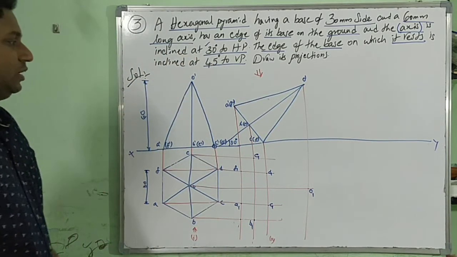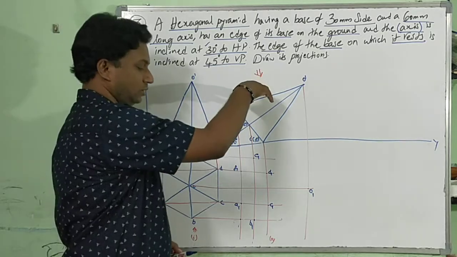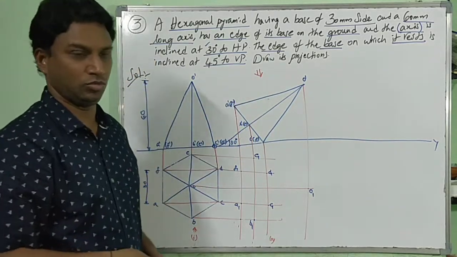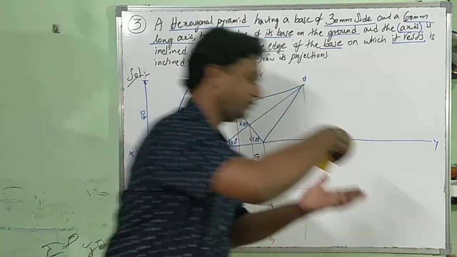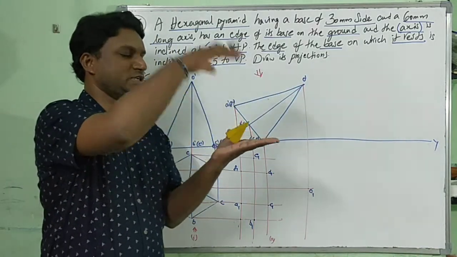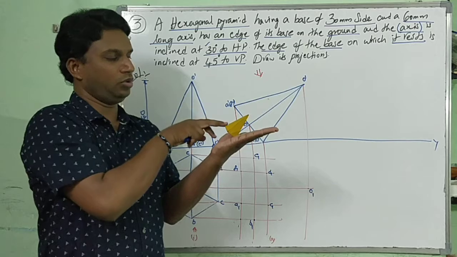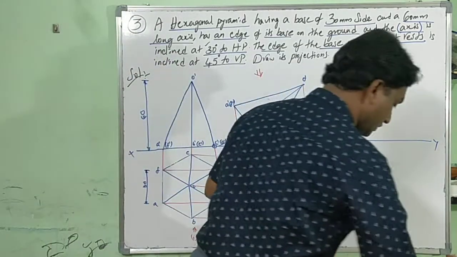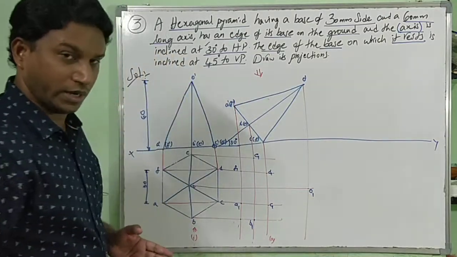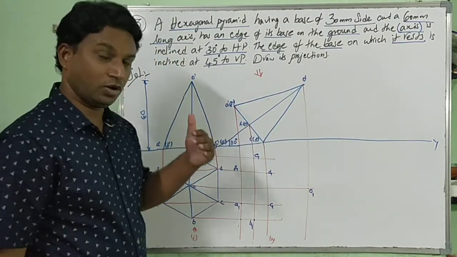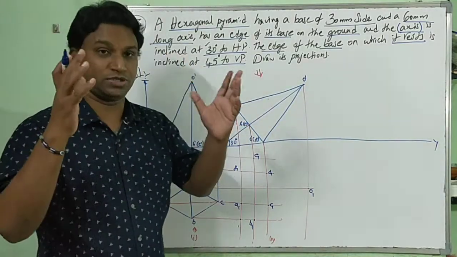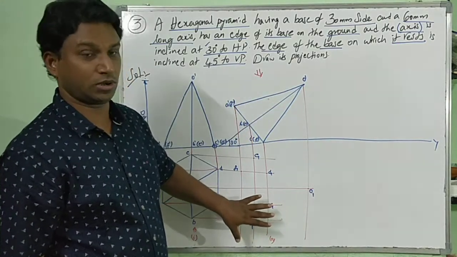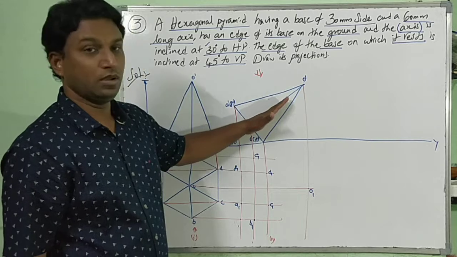Now the base, when I am looking from here, is the base completely visible, thick? No, right? Why? Because if you observe, when it is resting on the slant edge and I am looking from the top, only 3 edges will be thick. The remaining 3 edges will be hidden. If you do not have any object to analyze, from this figure you can analyze and draw the top view with respect to the middle line.